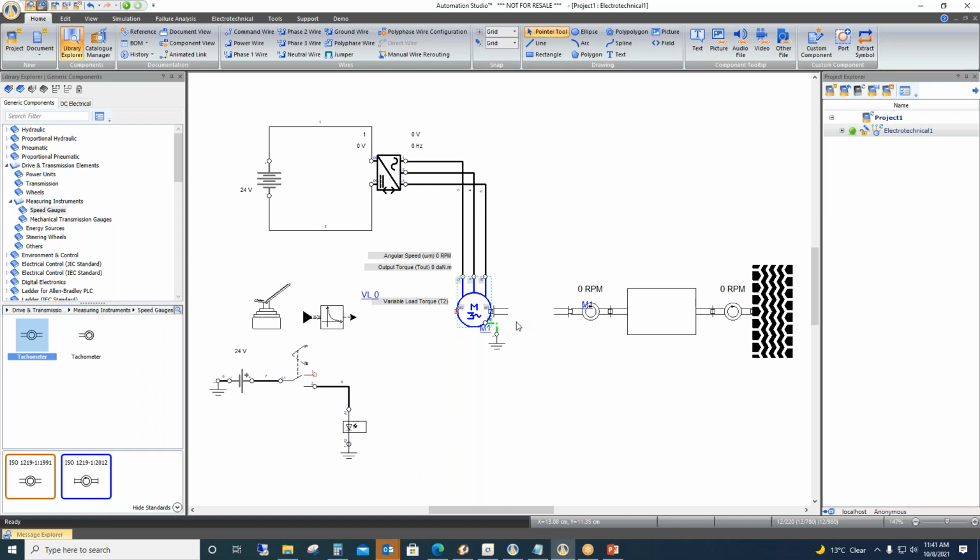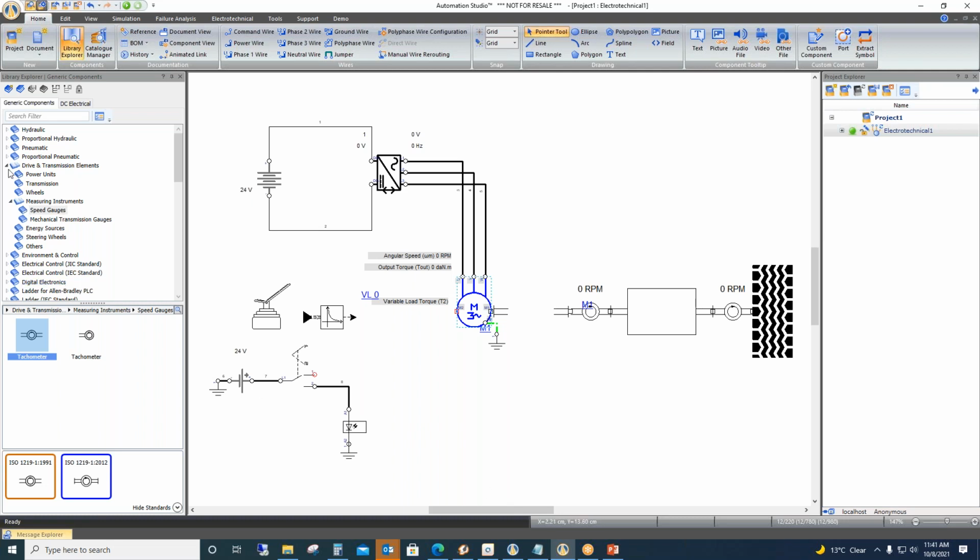Actually, sir, this part is an electrotechnical module, so the connections are done by wires here. The output of this electrical motor is the speed, and for that we need mechanical components.